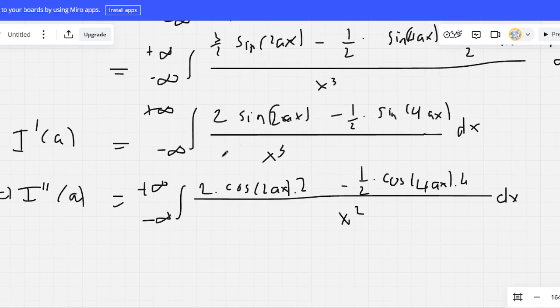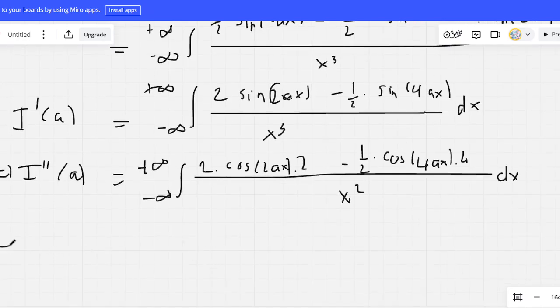And you might realize something. Every single time we differentiate this, we actually reduce the power of x by 1. That's the key. So now, once again, let's differentiate both sides with respect to a one more time to give us the third derivative of I sub a, equal to the integral from minus infinity to positive infinity,